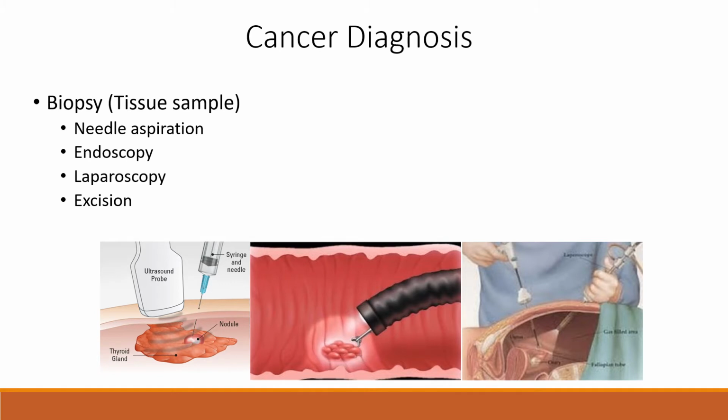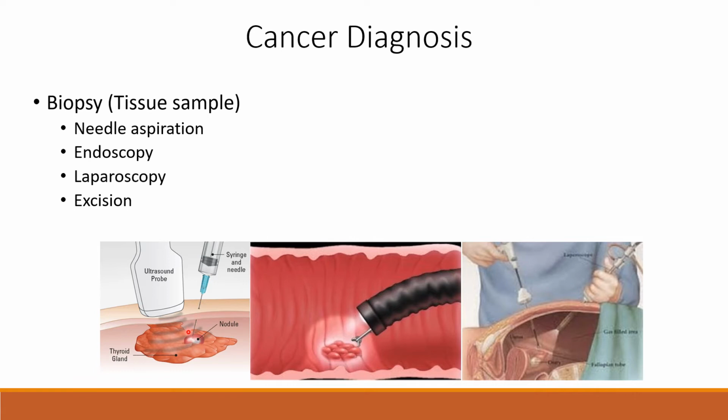Okay. So how do we diagnose cancer then? Well, first and foremost, we're looking for any of those manifestations, okay? And then now we start to have some medical diagnoses, right? So we might get like an ultrasound, we might do some aspiration, and so this would be an example of aspiration. So this is a thyroid gland and you have this growth and it's probably visible from the outside. You're using ultrasound guided